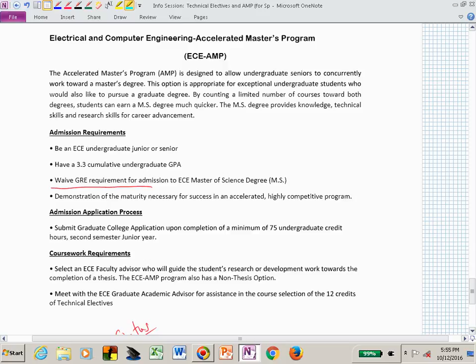So that's leading us into the Accelerated Master's program or option. If you have a 3.3 cumulative GPA, then you can start taking 500 level courses as an undergraduate that will also count towards your graduate program. But the key thing here is you have to maintain that 3.3 GPA all the way through and graduate with a 3.3 or better. If you don't, you'll graduate, but you just won't be able to use those classes